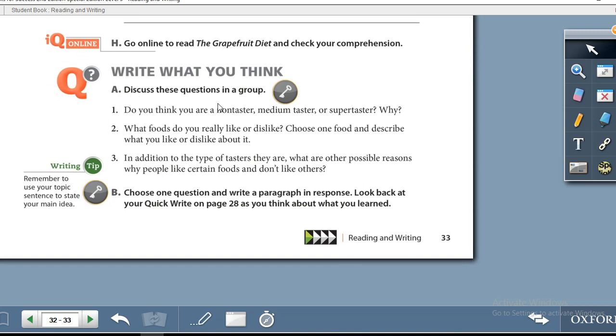Discuss these questions in a group. Do you think you are a non-taster, medium taster, or super taster, and why? So obviously this is something which you will not do in a group. You can simply think about the question, right? And you can write down your own answer, right? So I'm going to show you the answer key for this particular exercise, because many of these questions can be opinion based, right? So this is the answer key,